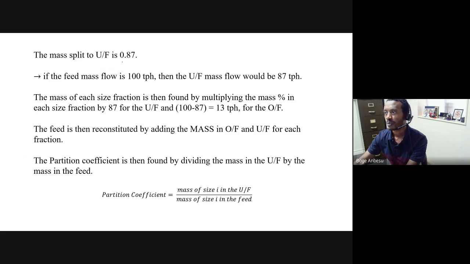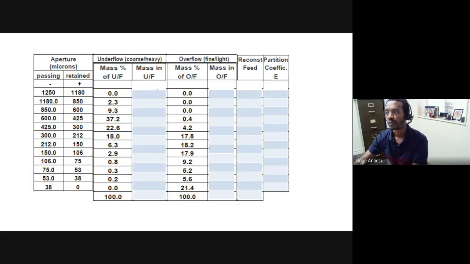ኦኬ ስለዚህ ይሄ የሚለው 87% ነው። ስለዚህ አንደርፍሎ 87 ቶን ፐር አወር ነው። ኦቨርፍሎ 13 ቶን ፐር አወር ነው። ስለዚህ እንዳልኳችሁ እዚህ ጋር ወደ አንደርፍሎ የሚሄደው 87 ከሆነ ይሄንን ኮለም በ87 ማባዛት ነው። ስለዚህ እዚህ ጋር ቶታሉ እንዲሆን የምትፈልጉት ስንት ነው? ተደምሮ 87 ነው ቶን ፐር አወር። ይሄ ደግሞ ተደምሮ እንዲሆን የምትፈልጉት 13 ቶን ፐር አወር ነው። ኦኬ ግን 87 እና 13 ቶታል ናቸው። ቶታል ማስ ከ100 ቶን ፐር አወር ብንነሳ የምናገኘው ማስ